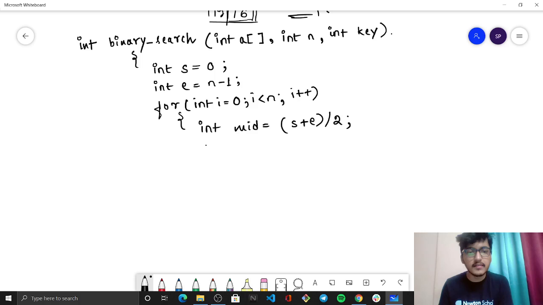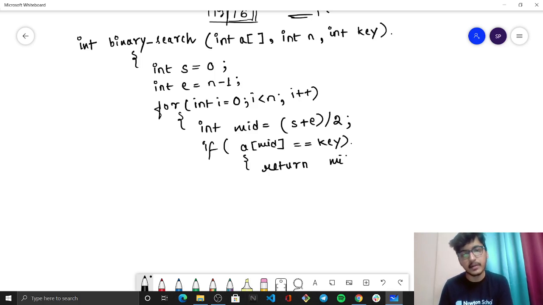Next I will be comparing if my array of mid, that is the element in the middle, is equal to key or not. If it is, then I will be returning the location, I will be returning the mid.